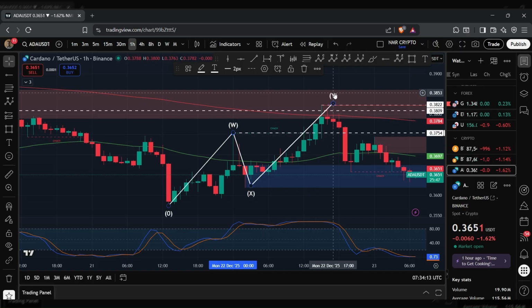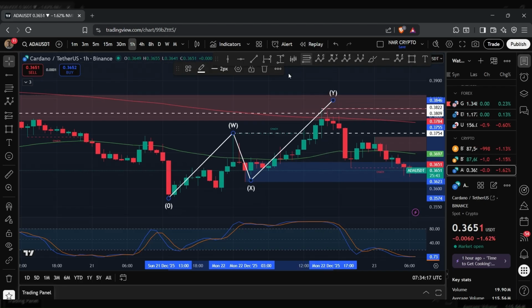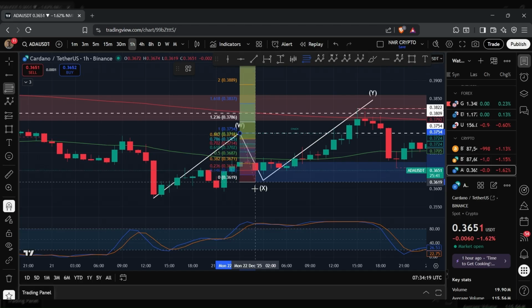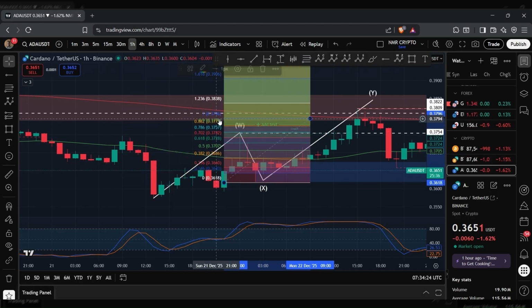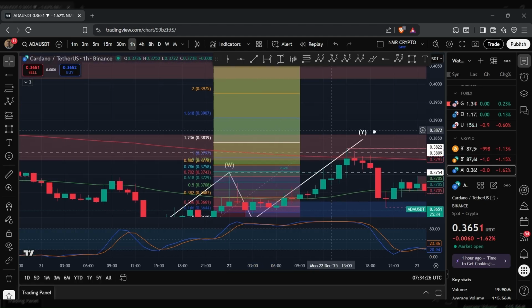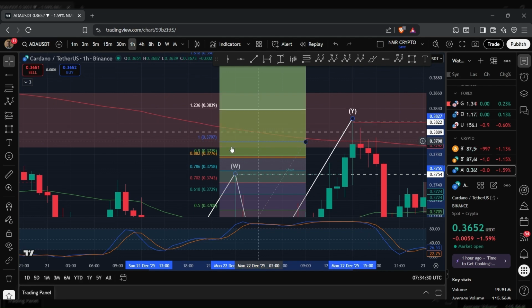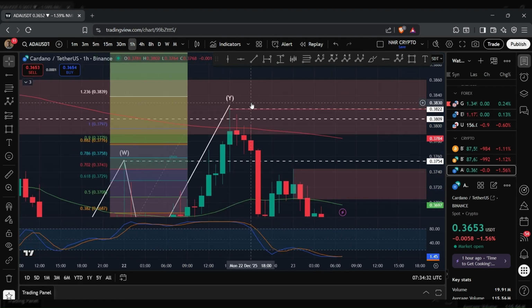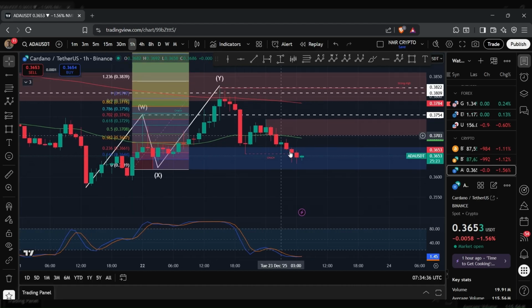And I believe the Y wave ended up tapping into its typical range between 1 to 1.236. So if I bring in the fib tool and bring this down to 36.19 cents, you can see that the Y wave ended up tapping into its typical range between 1 to 1.236. And so we had this double WXY structure that played out,